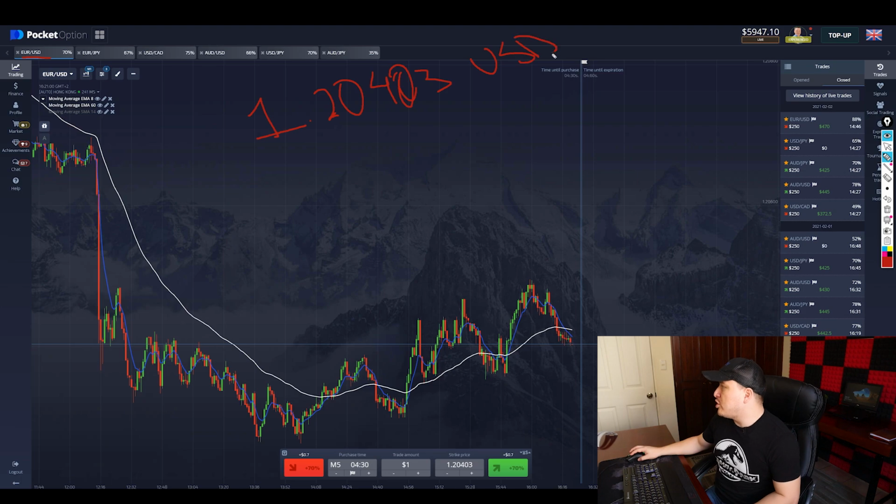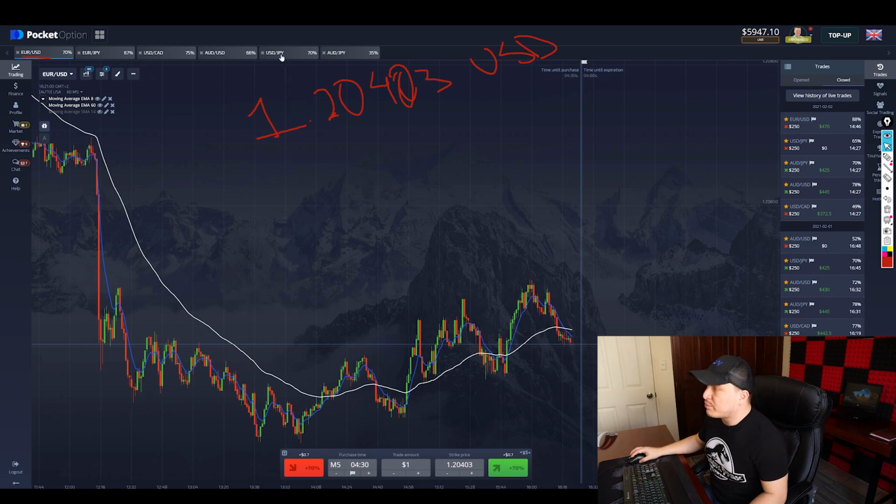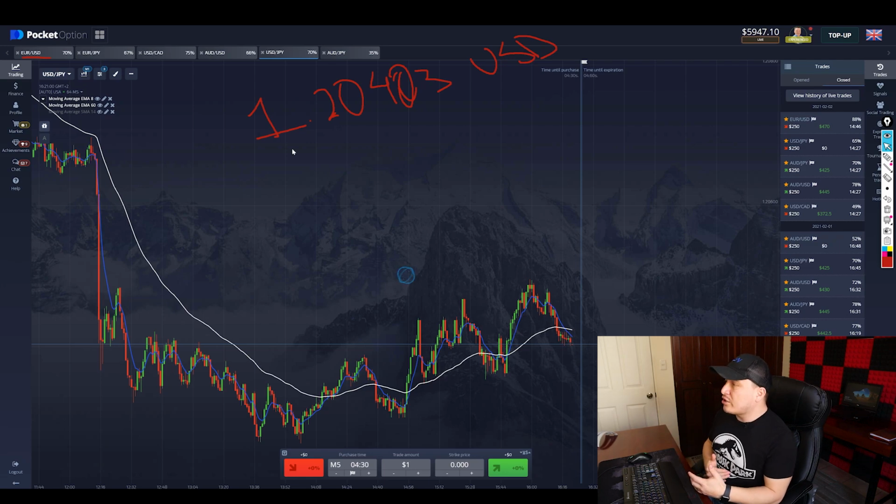This is what 1 euro is. Now, euro against the dollar don't get that much of a movement, okay? The movement is a little bit slower. The movement is a little bit more stable because both of the currencies have a super good value. And if we go to the US dollar against the Japanese yen,